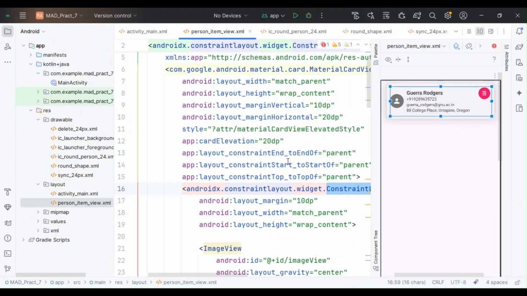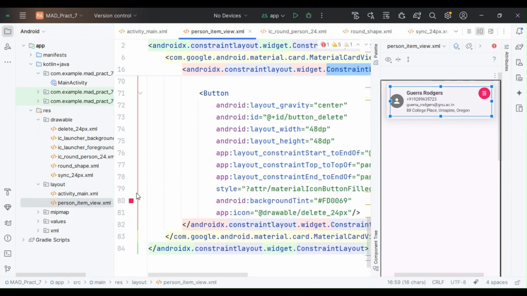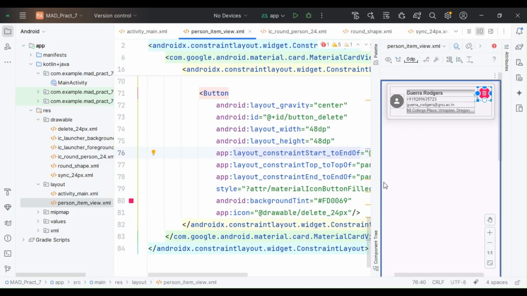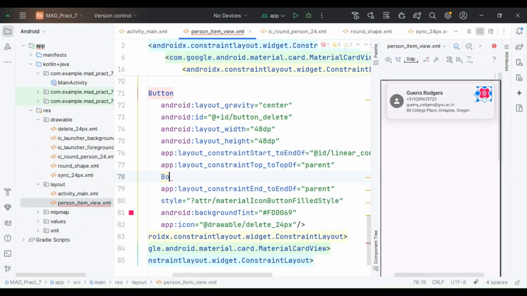But see, the delete button is on the top. We need to keep it in the center. So I'm going to solve this. Okay, this is not the error, it's what I desired. One more thing that I have not mentioned here, because of lack of time: here you need to keep the height of the constraint layout to wrap content. Here bottom to bottom